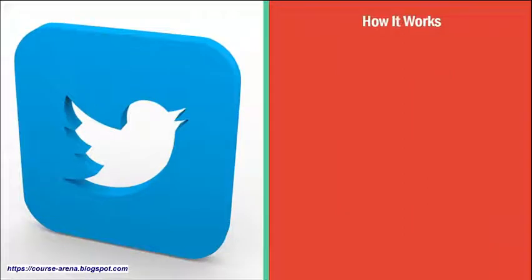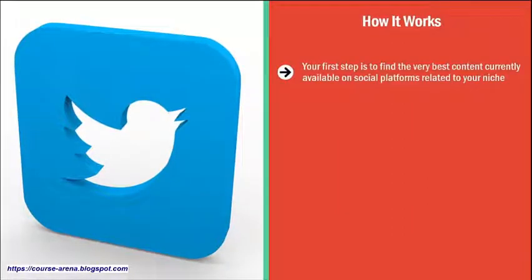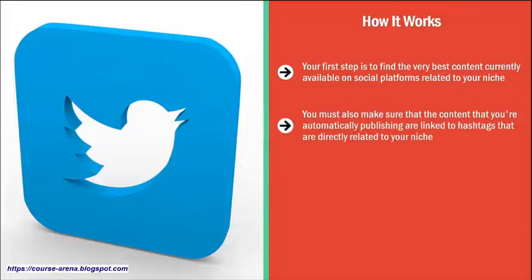How it works. Your first step is to find the very best content currently available on social platforms related to your niche. You then feed this into software that publishes automatically round the clock on your Twitter feed. You set the times when the posts will appear. You must also make sure that the content that you're automatically publishing is linked to hashtags that are directly related to your niche. The key here is to rotate the third-party content with your Level 1, Level 2, and Level